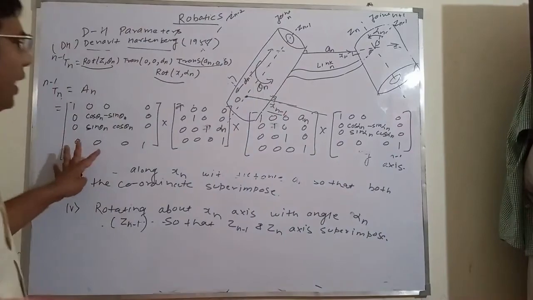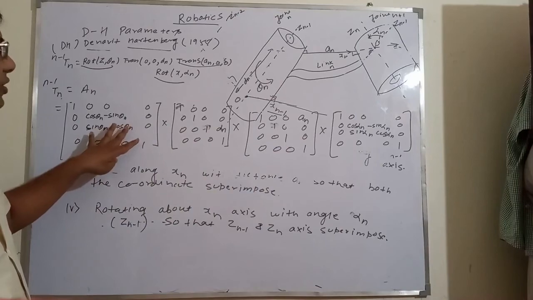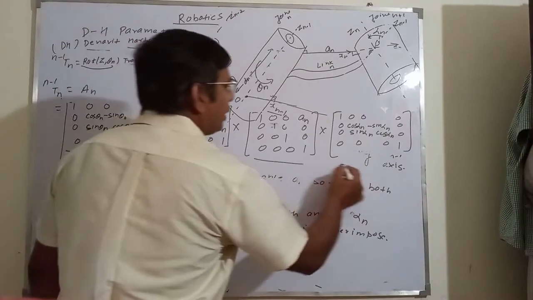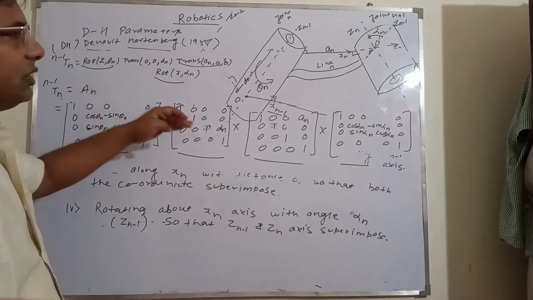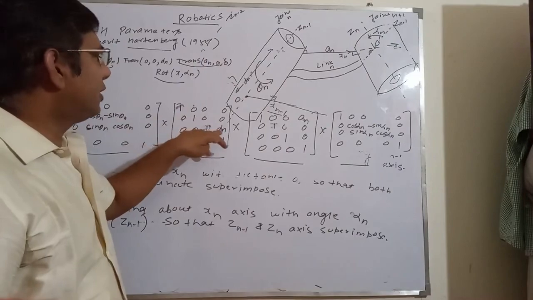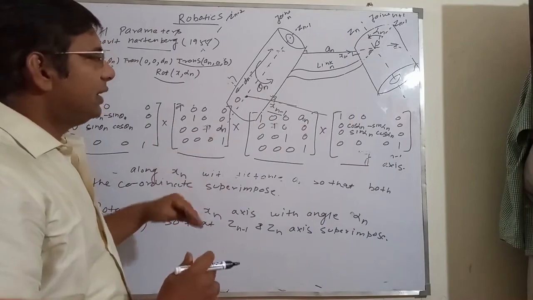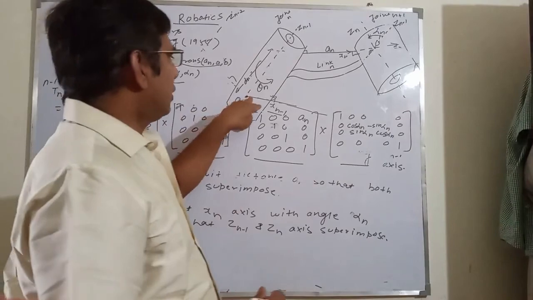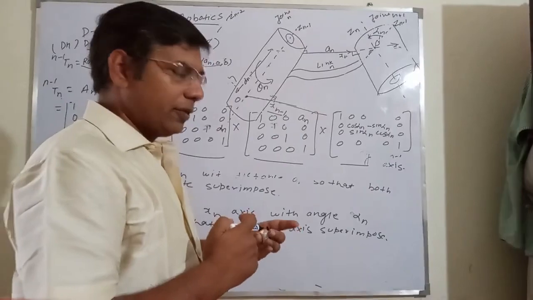If we multiply these four matrices, the homogeneous transformation matrices we discussed earlier, then we get the complete transformation. What we have to do is know these values: theta n, dn, an and alpha n. So with four parameters, if we know these, then we can easily find the relation between two consecutive coordinate systems. Okay, thank you.